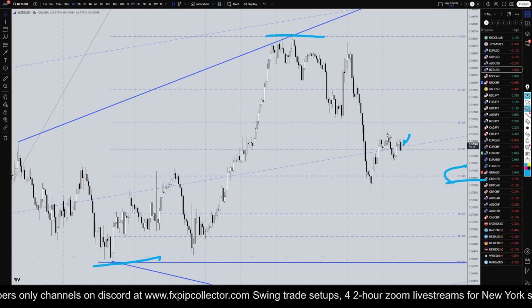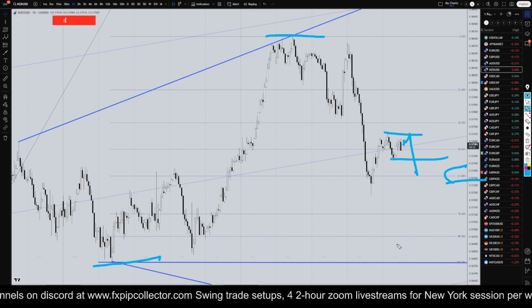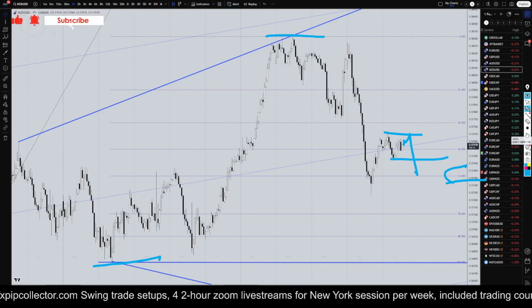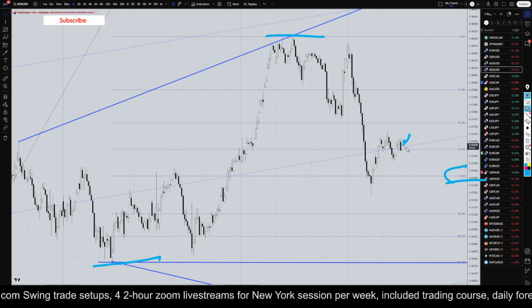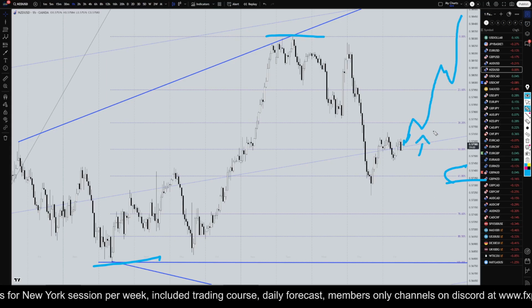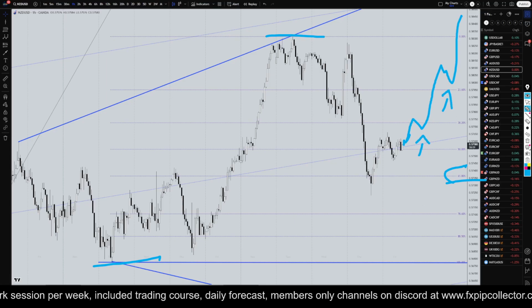I mean, if it does make a double top and then turn down and break structure to the downside, I would probably get out of my longs and maybe even think about going short. On the other hand, if it just continues to make high, low, high, low, high, low on this time frame, then I would definitely hold on to my longs and potentially even continue to go long at the end of any pullback, as long as it continues that high, low series that we're looking for.